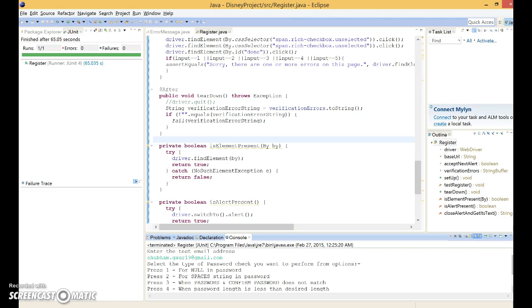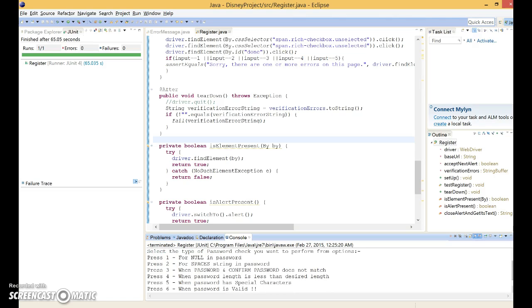Right now I'm providing values dynamically according to the user input, according to what the user desires, whether he desires a valid scenario or an invalid scenario. That's why I put this information in the console, that the user is choosing a valid or an invalid scenario, and accordingly the values in my application should get populated. That's actually the beauty of Selenium WebDriver, because in Selenium IDE we have a plug-and-play system in which there is no thinking that in this scenario the system should react like this, or in that scenario the system should react like that. But in WebDriver we have this opportunity in which we can create code